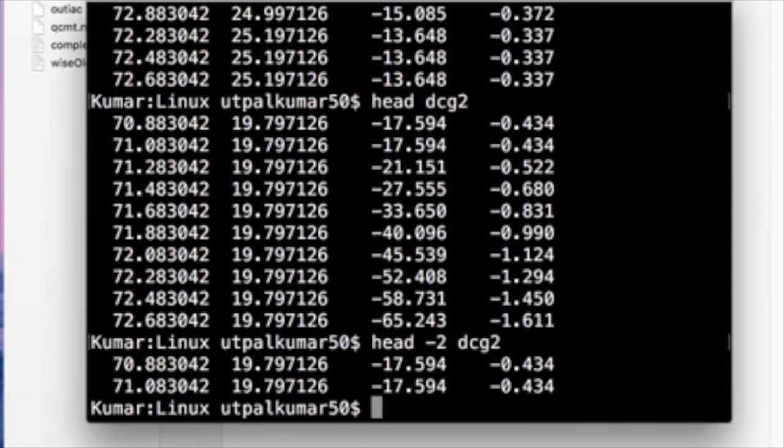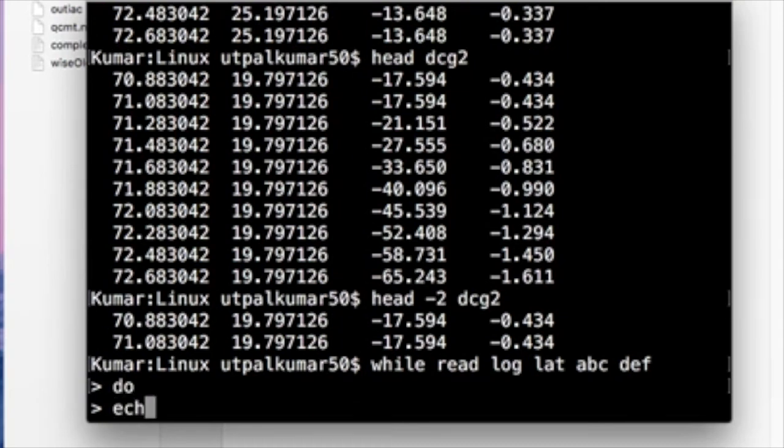Okay, so we have this file. Now we want to read this file and we want to put the first column as the longitude and the second column as the latitude, and third, let's say, something else, and fourth something else. So we can use this while command and use the command read inside the while loop. So read and then you can give the values long lat and then abc def. Okay, and then do echo